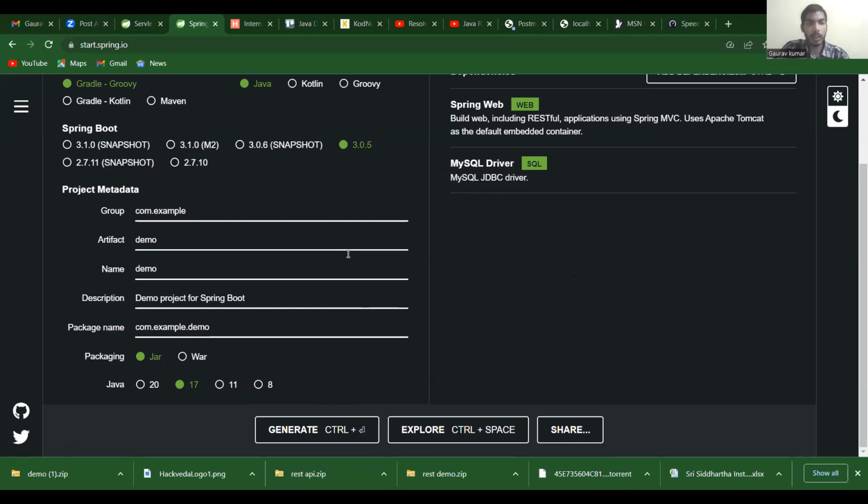So the demo is the folder I downloaded from the Spring Initializr. In the folder, I created two things, the controller and the exam, and the second part is the demo application, which is already built when I download this folder and run it. And the main part of this program is